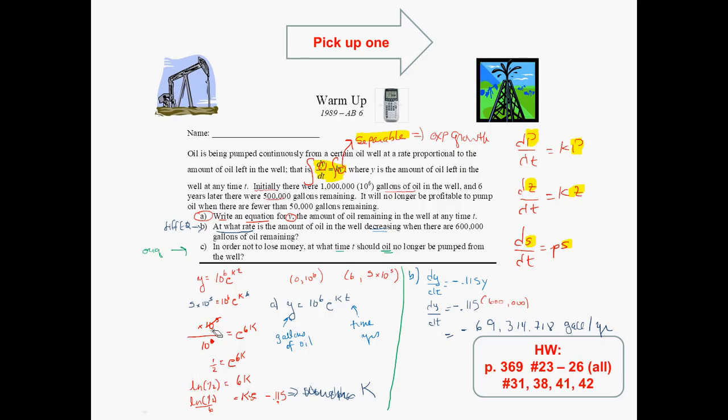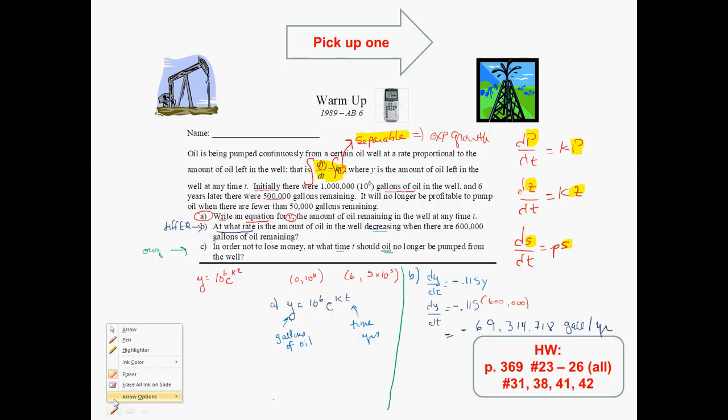C needs me to go to the original equation because it's asking me for gallons. Actually, it's asking me for a time given gallons, right? So since they're asking me for a time given the gallons